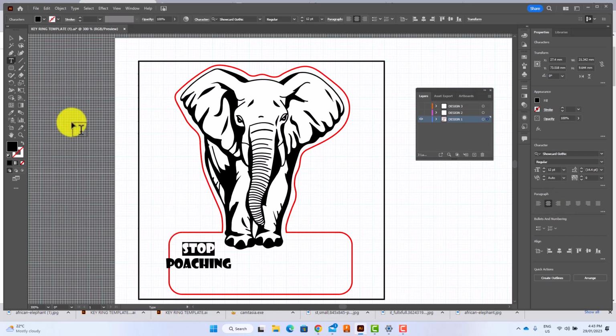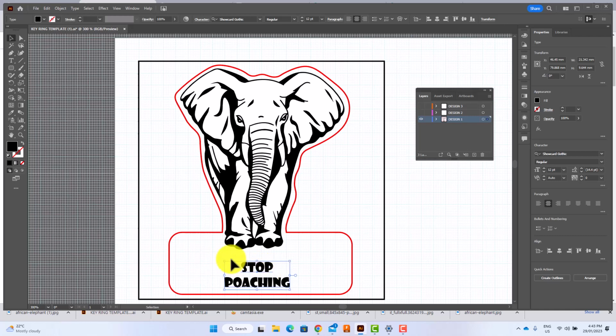And then we click on the text and go to the center and highlight it. We can move it around so that we've got that. We can then move it, make it a bit bigger. Remember, if you want to make it so it's not squashed up, you can hold down on the shift button and drag it out, and it will keep it all nice and uniform for you. So there we go, stop